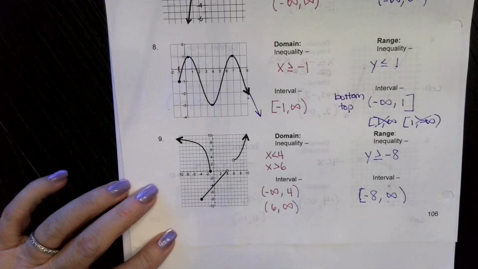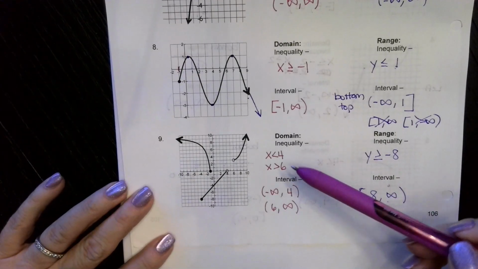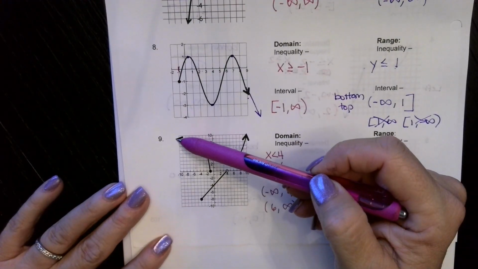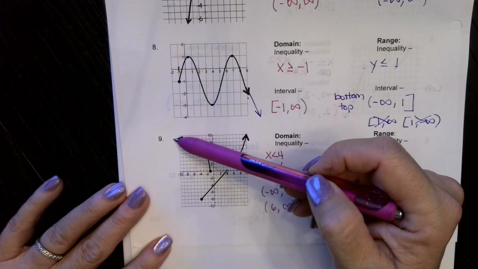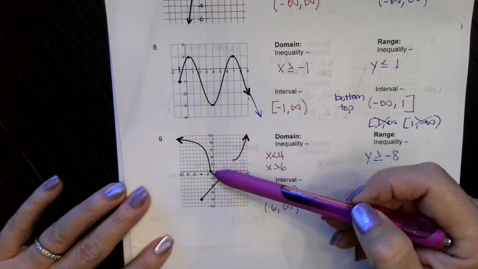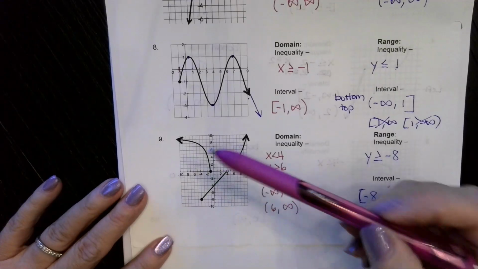Okay, this one's a little tricky, so let's talk about this. So remember, with domain, I'm dealing with x values. So if I want to know my farthest left value, well, this keeps going to the left. So this is going to keep going forever. So I don't have a farthest left value. So if I look at this, I'm going to keep going and keep going and keep going, and I get to this point. So you would think that maybe it would stop at -1, but remember, I'm dealing with x